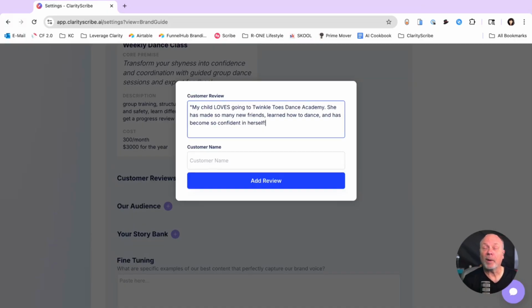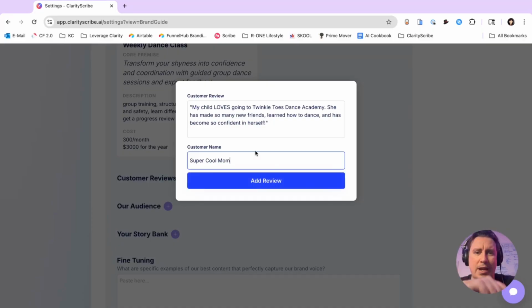And I think what I would recommend, if you're trying out ClarityScribe or whatever tool you're using, is go all in. I'm moving all my stuff in here, all my testimonials, little chunks of copy I use over and over again. Stories, we'll get to that a little bit later, but this is a great insight you had. I'm really excited about what this is going to do for people. Yeah, and it's super simple.